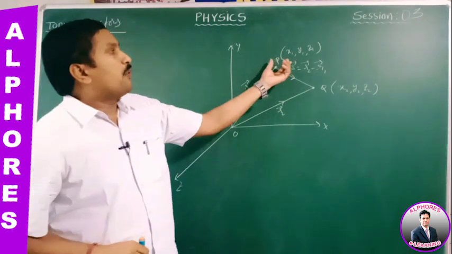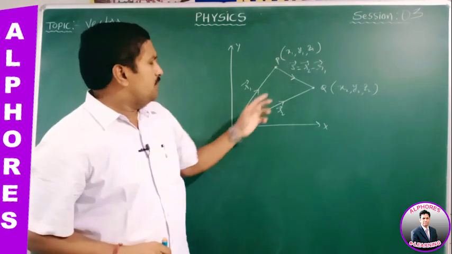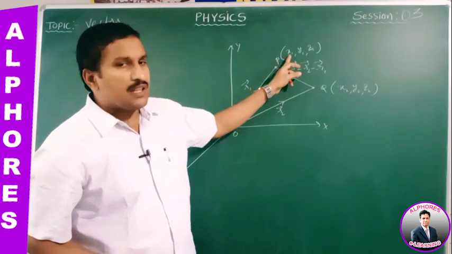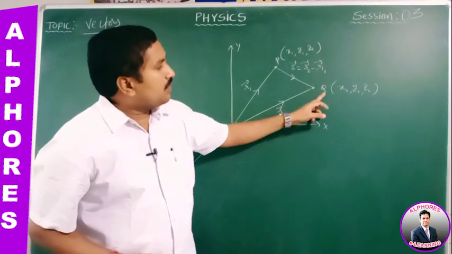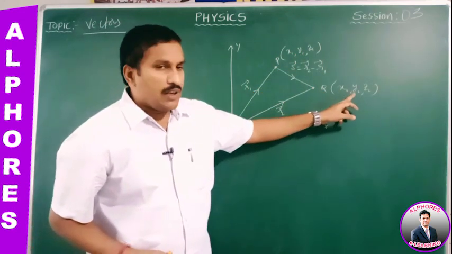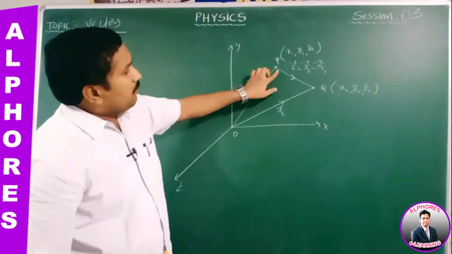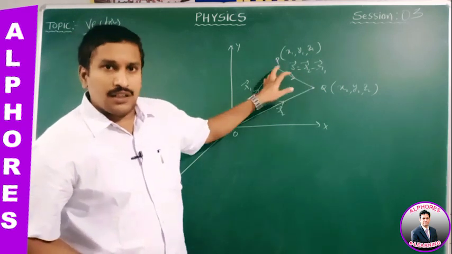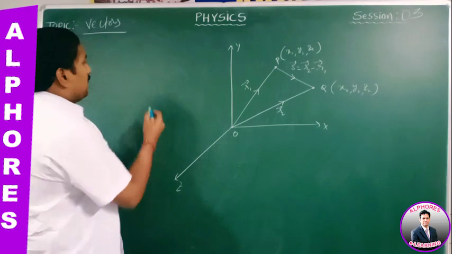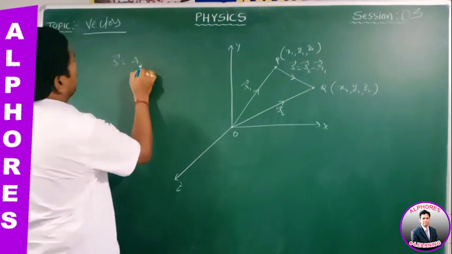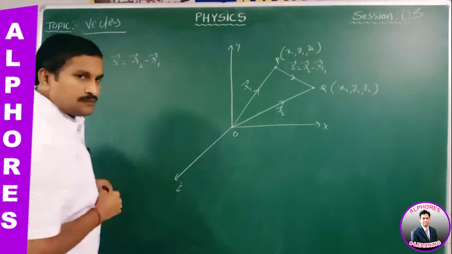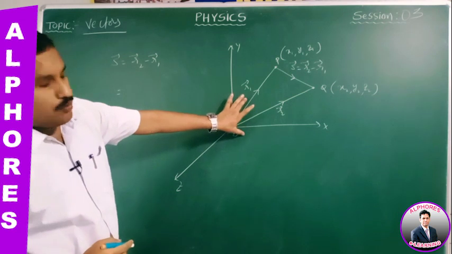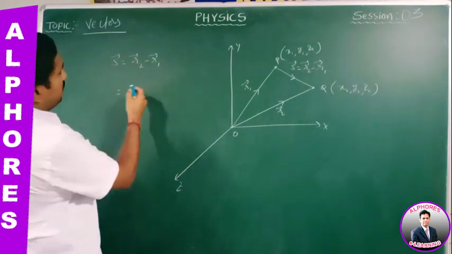So these are the position vectors. Listen, all of you: the particle is moving from one point to another point in space, where point P has coordinates x1, y1, z1 and point Q has coordinates x2, y2, z2. Now what is the displacement? Displacement is nothing but the shortest distance from the initial to the final point. That is why, as per the definition, S bar is equal to R2 bar minus R1 bar. Based on this concept I will give one or two problems.